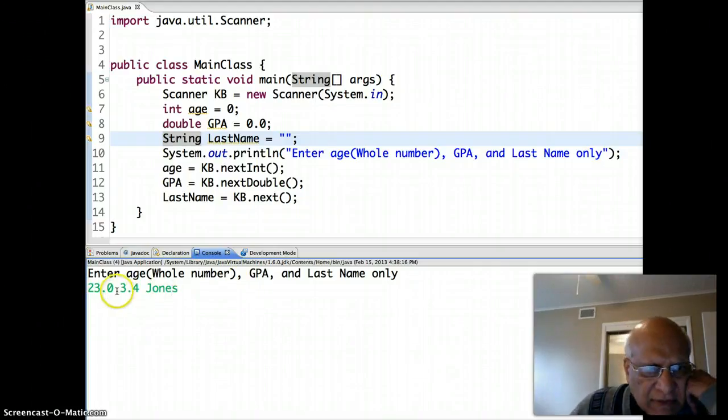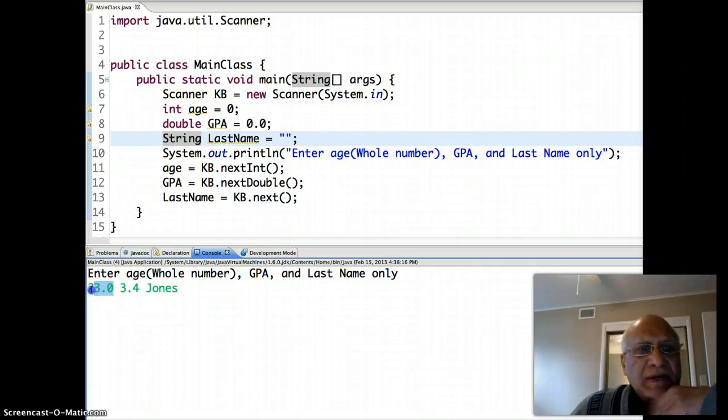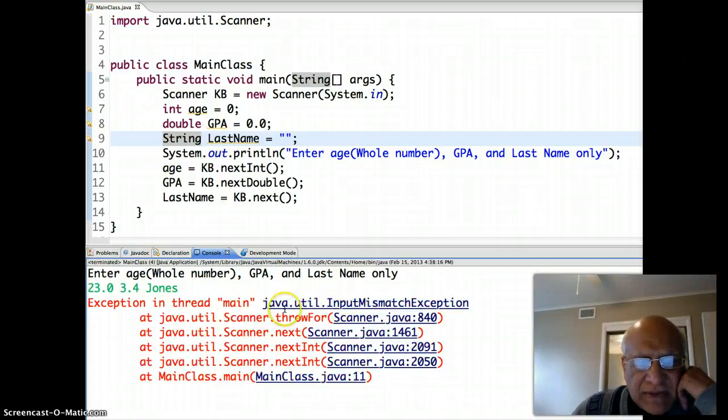So you can see that there is a mismatch here because 23.0 is a double type and it's not an integer type. So if that happens and the user presses the enter key, well, you'll see this nasty red message,